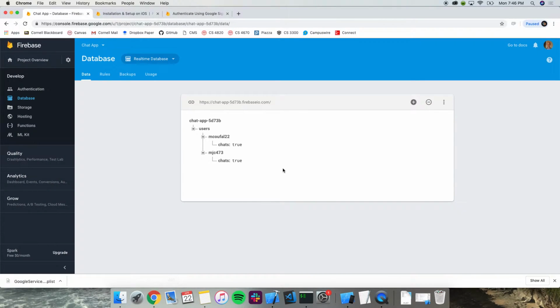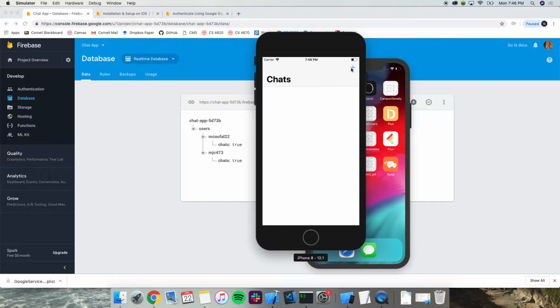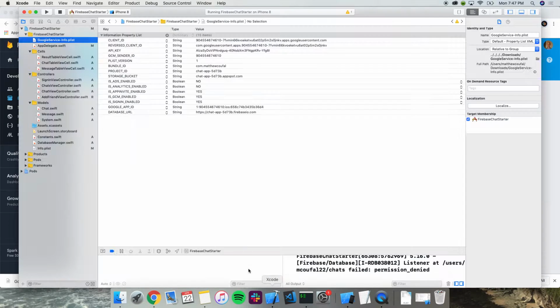All right, so now what we want to do is we want to add a friend. So I have 2 versions of myself. So I'm going to find the other user, but nothing happens, right? So we want to actually search for users in our database. So let's implement that.